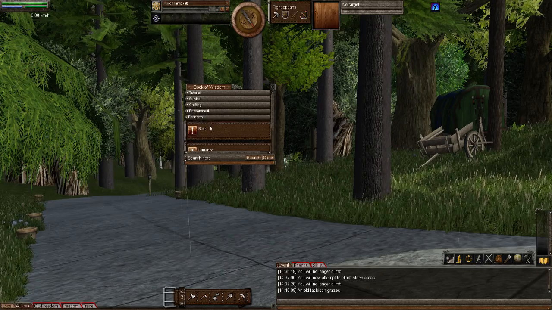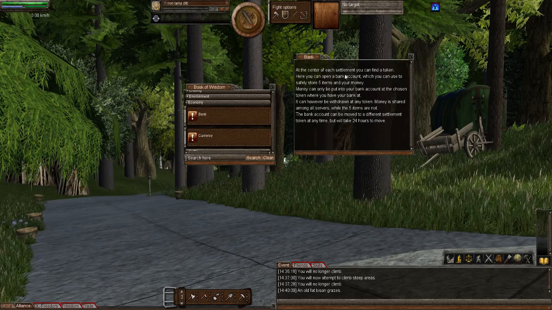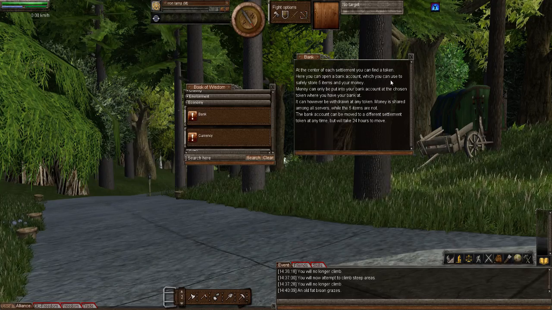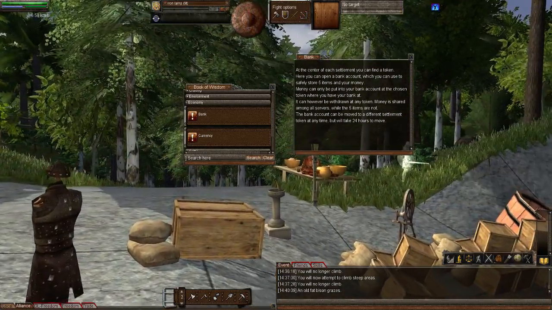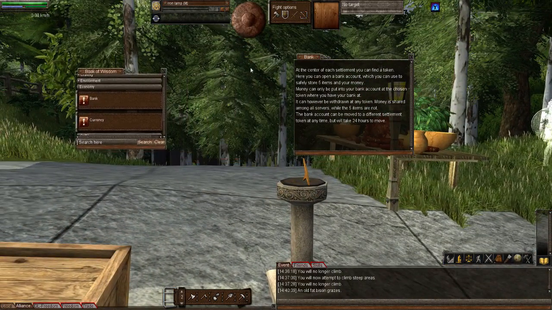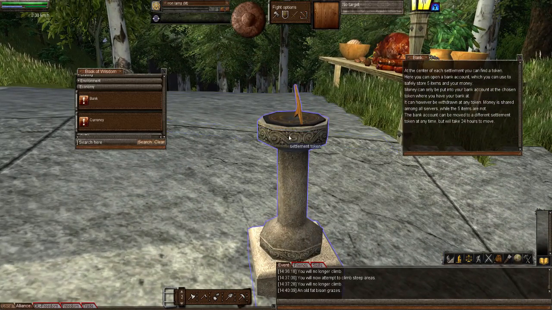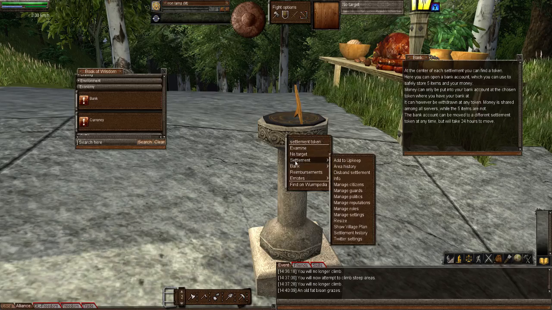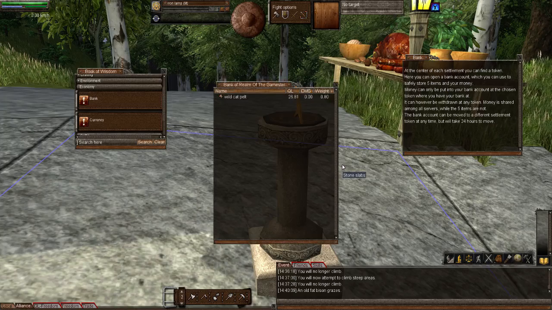Okay, next, economy. Let's click bank. At the centre of each settlement you can find a token. Here you can open a bank account which you can use to safely store 5 items and your money. Pay note to that, 5 items, that is the limit. So the token is this right here. This is at the centre of my deed. That is where you will find a token on a deed, in its centre. And there we go. So if I right click, there's bank, and if I go to manage, you can see